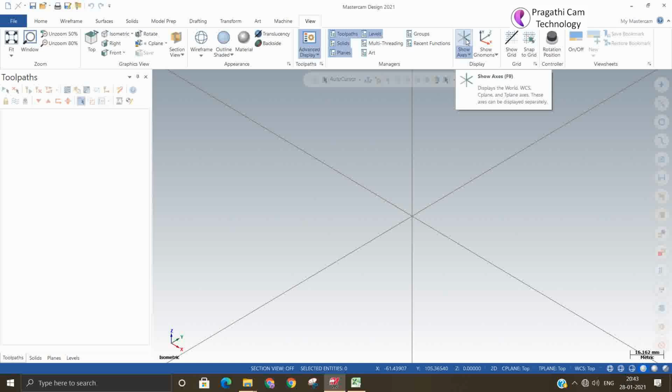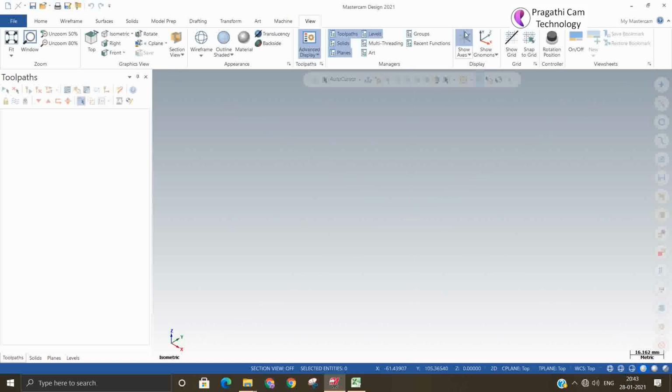This axis can be switched on and off by the axis toggle. There is also another option: if you want to see the XYZ axis visible, you can switch it on and off. That option is not important, but the axis is important, because it shows you the intersection of the XYZ axes, which is considered as XYZ 0.